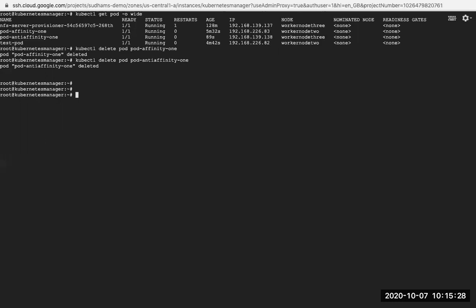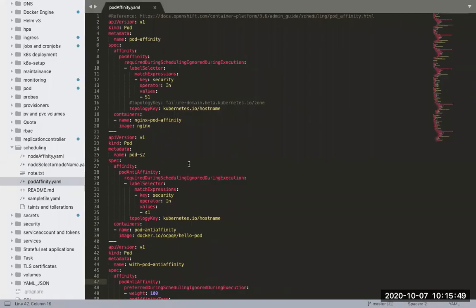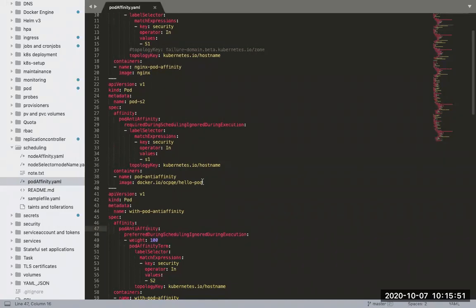Okay. So let me see what are the pods running. Yeah. Now this is fine. It is launched on worker node 2. So now if I launch the pod, it should not launch on worker node 2, any one of the nodes. Maybe manager node, worker node 1 or worker node 3. But it should not launch on worker node 2. Why? Because this pod is already running on that node. Okay, so that is called anti-affinity. So let us see an example related to that.